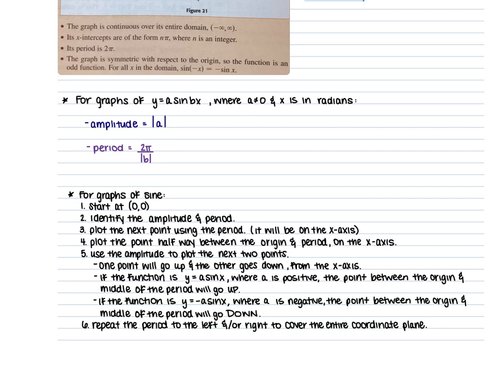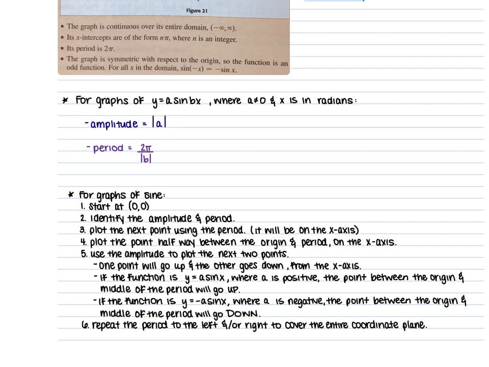From there, you want to plot the point that's halfway between those 2 points on your x-axis. Then you want to use your amplitudes to plot the next 2 points going up and going down. Your up will be in the middle of the first 2 points, so the first point and the middle point. Your down will be between the middle point and your period point. From there, you just want to repeat the period to the left or to the right to cover the entire